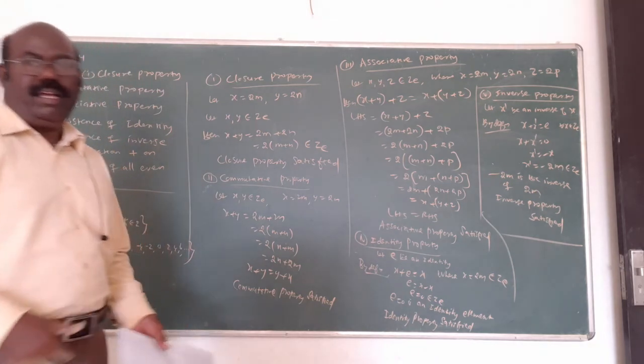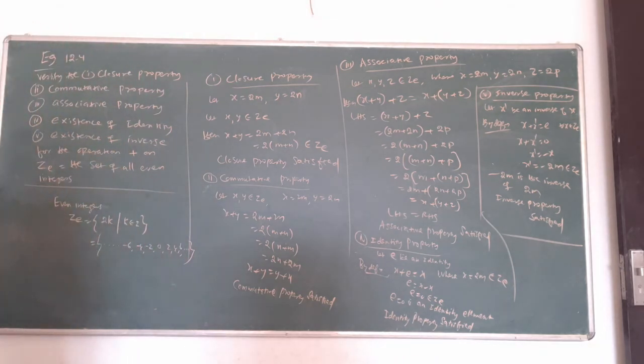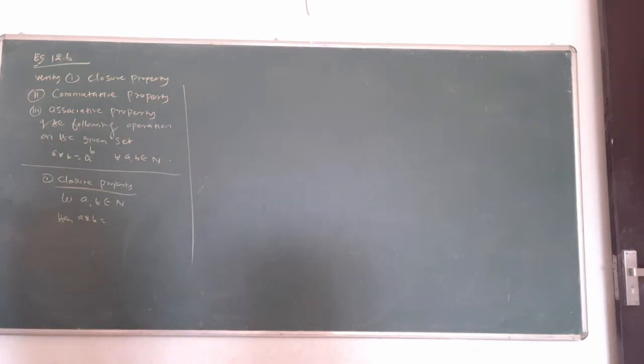Anyway, by using the previous idea, by using the definition, you will find them one by one. In addition, 0 is the identity element. Then inverse means the negative, that's all. Inverse of 2m is minus 2m. Anyway, this is the previous idea. Put the heading and write one by one. Listen here, 12.6, the same type of question. Only 3 parts are asked.